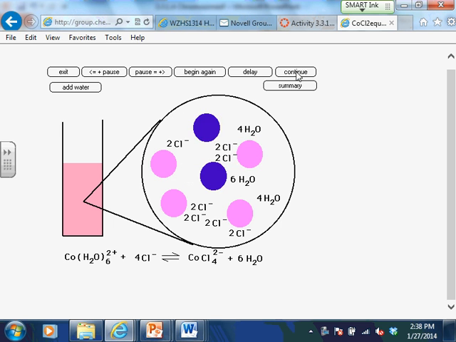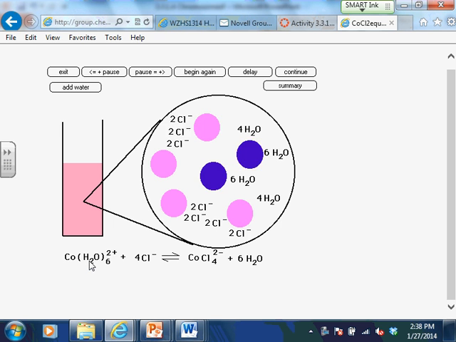Why do these changes in conditions cause reactions to occur? Provide equations to illustrate how these changes in reaction conditions alter the position of the equilibrium. Okay, so basically what you would need to do here, the main equation you need is the one on the bottom here. And then you can just talk about how, adding